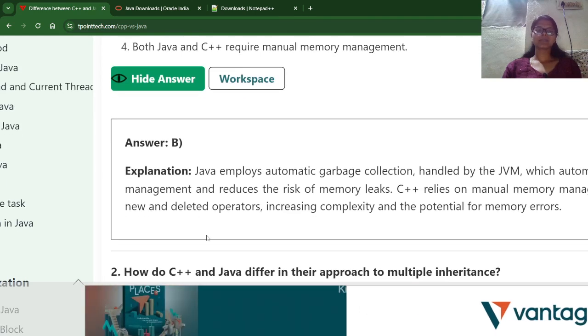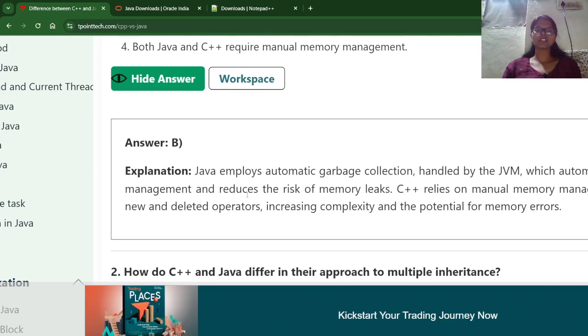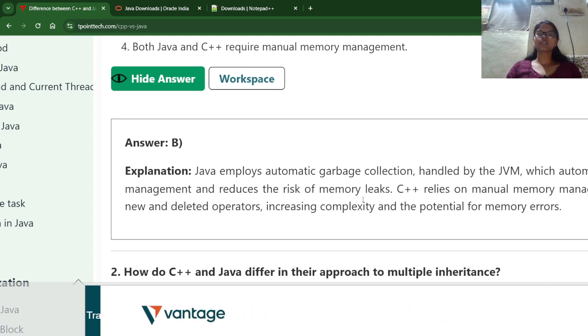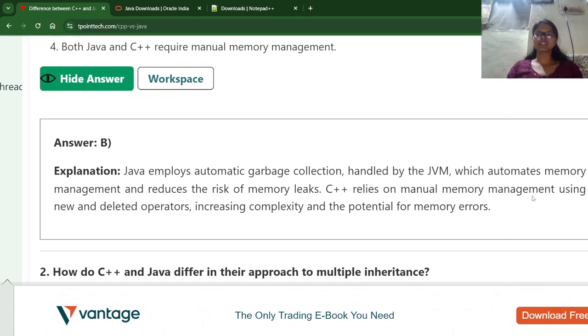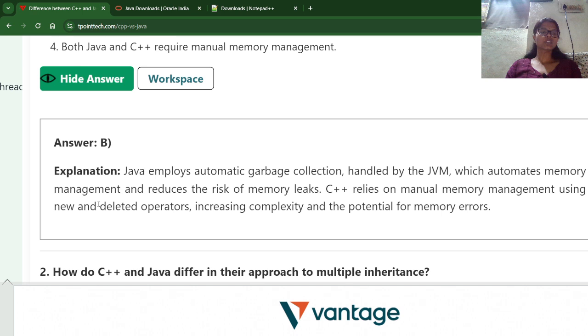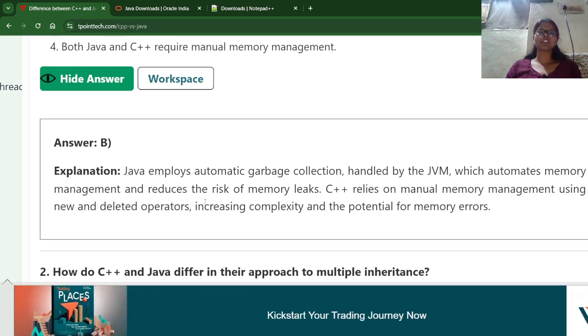Okay, if you see the explanation, Java employs automatic garbage collection handled by the JVM, which automates memory management and reduces the risk of memory leaks. C++ relies on manual memory management using the new and delete operators, which increases the complexity and potential memory errors.